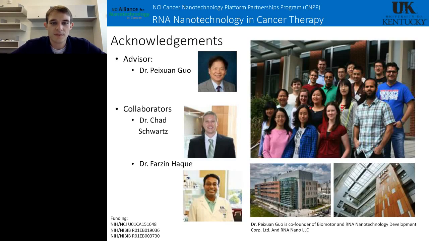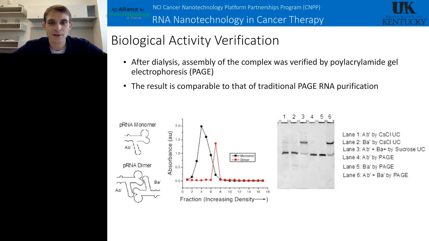I would say the purity of the RNA is pretty high. If you look at the slide here, I don't know if you can still see it, but the two bands in lanes 1 and 2 compared to 4 and 5 by traditional PAGE are very, very similar. So I would say if you think PAGE purity is good enough, then I would definitely think that ultracentrifugation purity is good enough. And as far as cesium chloride in vivo, I can't say for certain, but I assume that it would not do good things in vivo. So there could be some side effects.